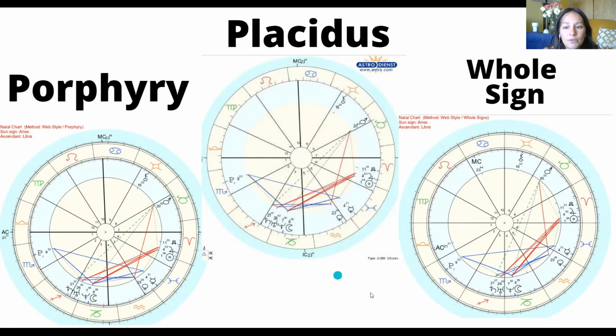So anyway, you saw how Pluto was different. Now in Porphyry and Placidus, it was not different for this one. But down here, Saturn comes into the second house, but Saturn's in the third house in the Placidus one. Same with Venus here. It's in the fourth house in this one, and it's in the fifth house in this one. And then here we go, Chiron is in the eighth house here. No, I think it's Mars that changes here. So in Placidus, everything's the same except three planets. They're a little bit different. And